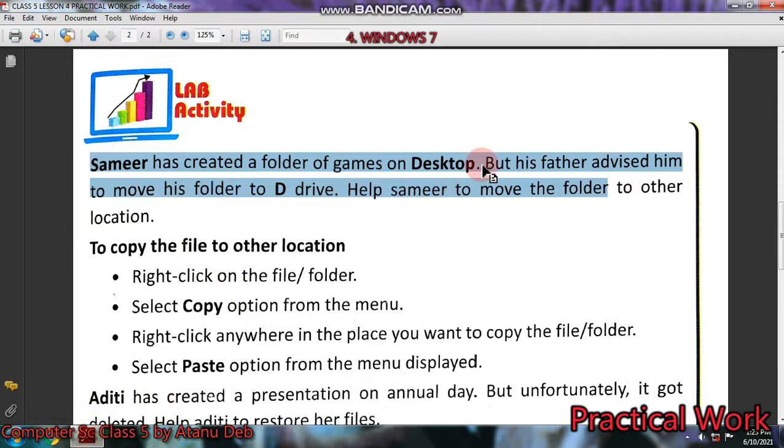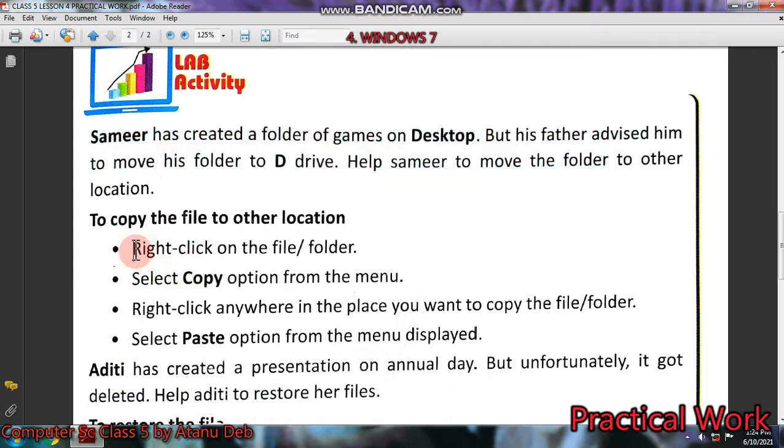Now, after he created the folder, his father has told him to move the folder to drive D. So you have to help Samir to move the folder to that location. It will be moved from desktop to drive D.